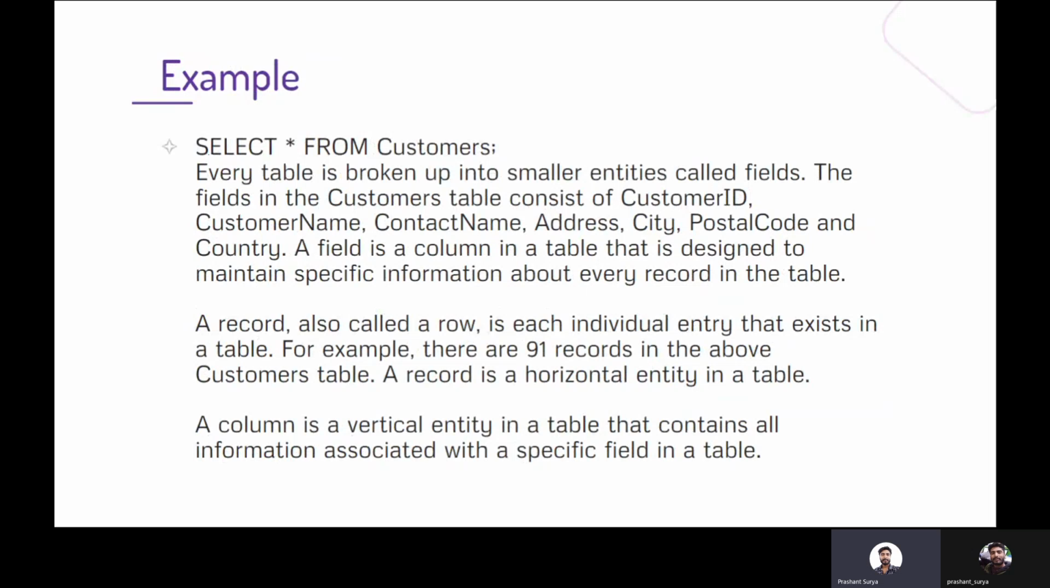Every table is broken up into smaller entities called fields. The fields in the Customers table are CustomerID, CustomerName, ContactName, Address, City, PostalCode, and Country. A field is a column in a table that is designed to maintain specific information about every record in